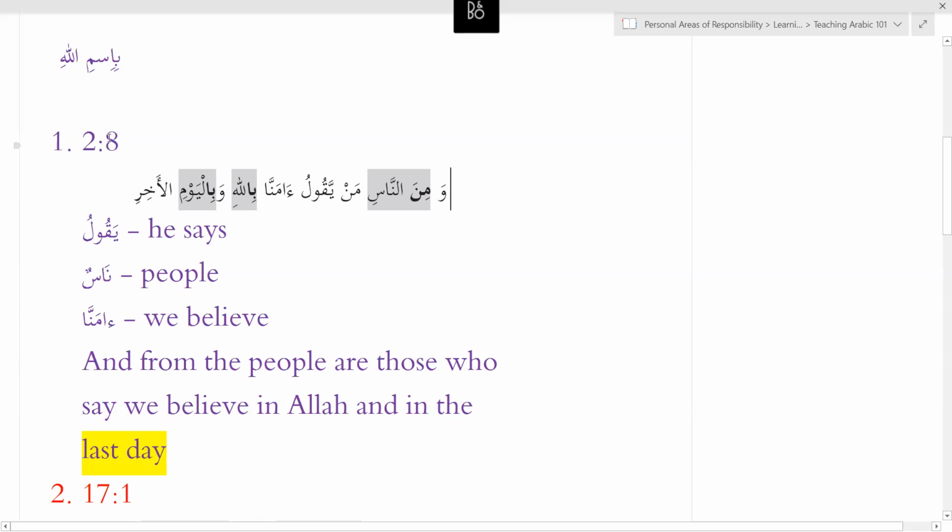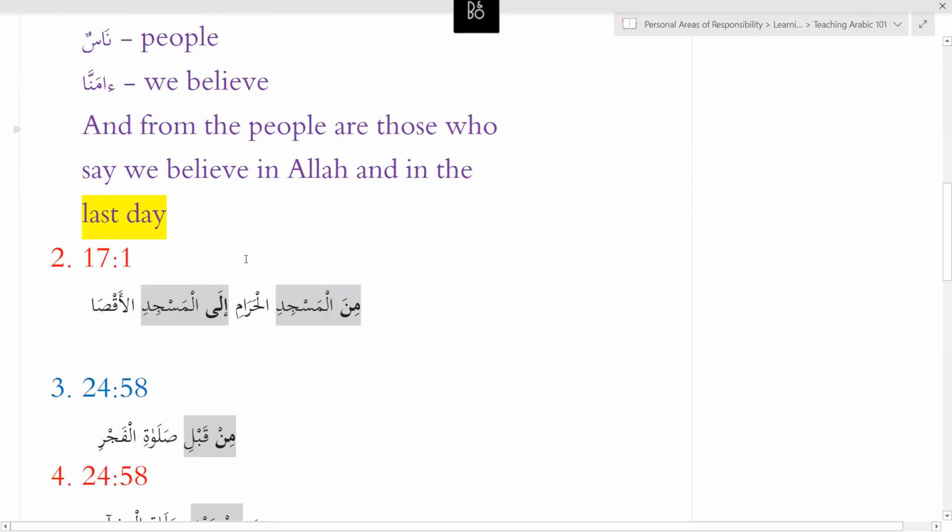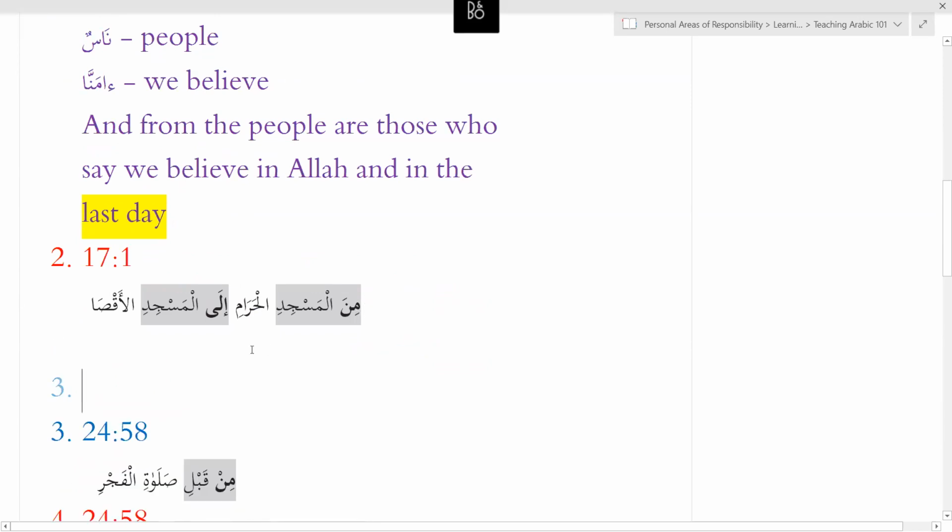Okay, and this is the 8th ayah of Surah Al-Baqarah. So this is the starting, and this ayah continues. It says more about these people, but this is the starting where we see min, we see be, and we also see an adjective in this sentence. Nice. Now, next question, Zahan.